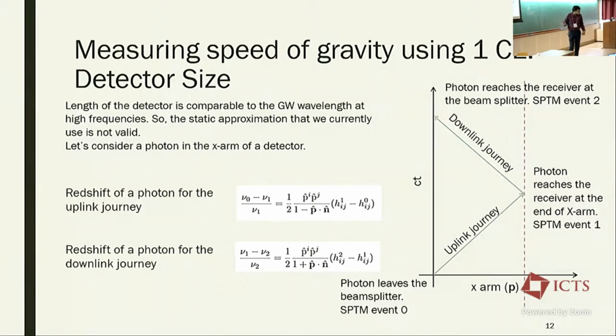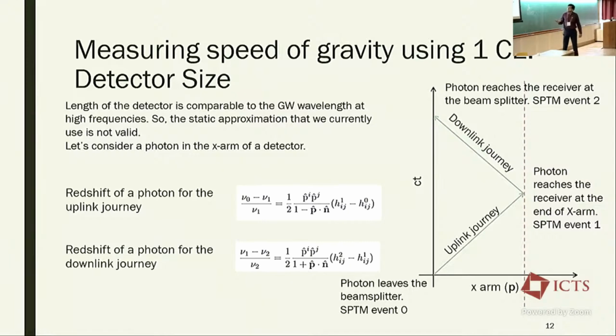This is the x arm, which is denoted by vector p, and this horizontal axis is the time axis, and this is the beam splitter from where the photon leaves at space-time event 0. It reaches the end of the other arm, which is space-time event 1, and then gets deflected back to the downlink journey and comes back to the beam splitter at space-time event 2. We need to calculate the total redshift for this, the downlink and the uplink journey, and it's pretty easy to